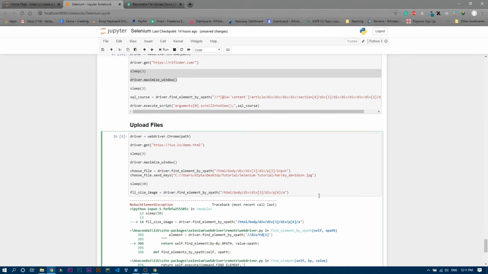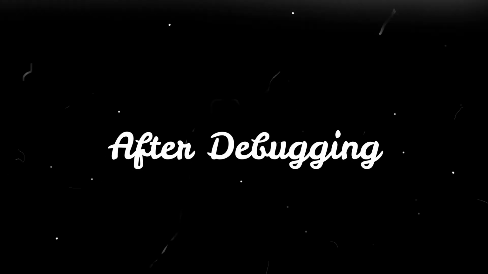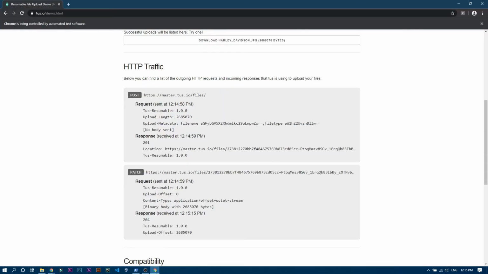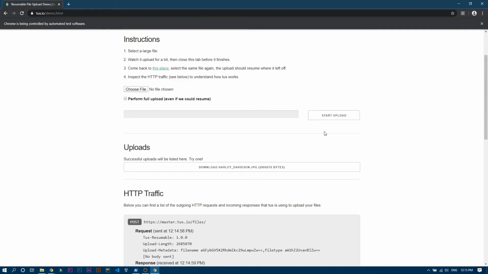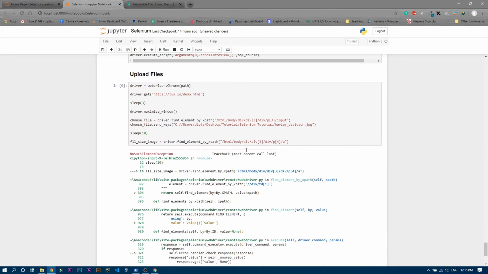So this is the same path as before, but why is it not finding that particular element? So guys, it is not able to find that particular element because after loading the image properly, it shows this kind of section. Since the image size is too large, we have to increase the wait limit. So instead of waiting for 10 seconds, I'll wait for 30 seconds now.